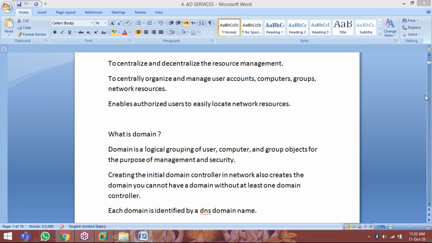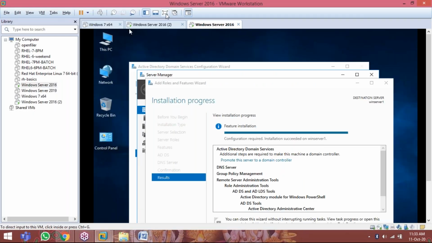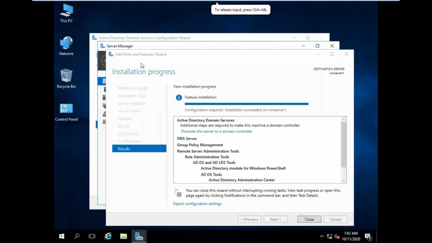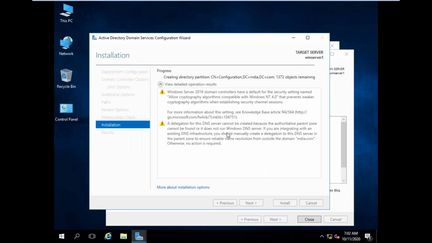Nandakumar, Praveen Kumar, Shekhar. So any doubts are there?